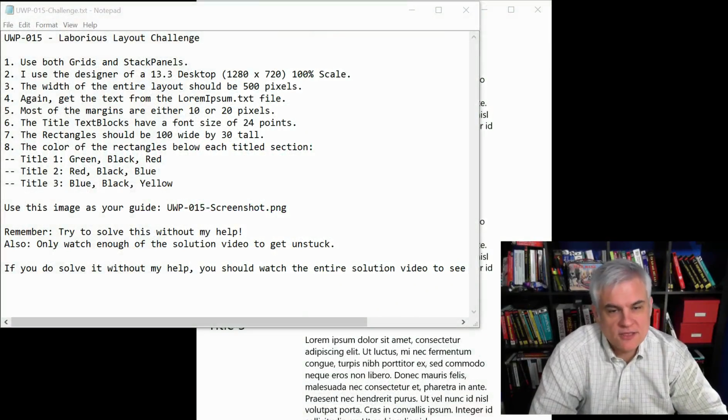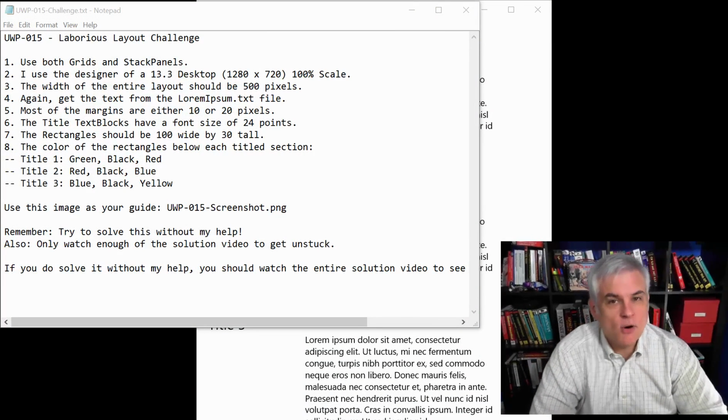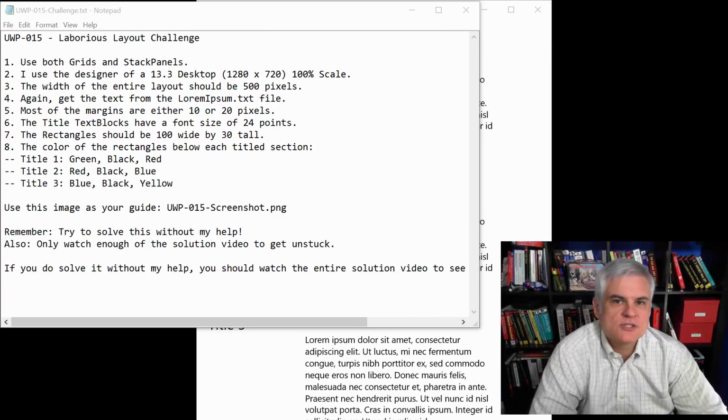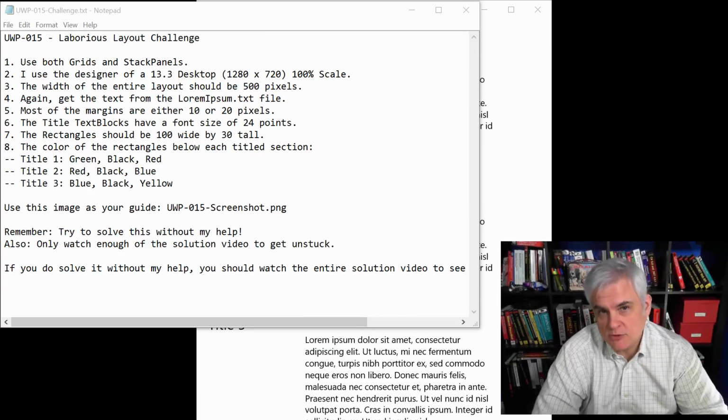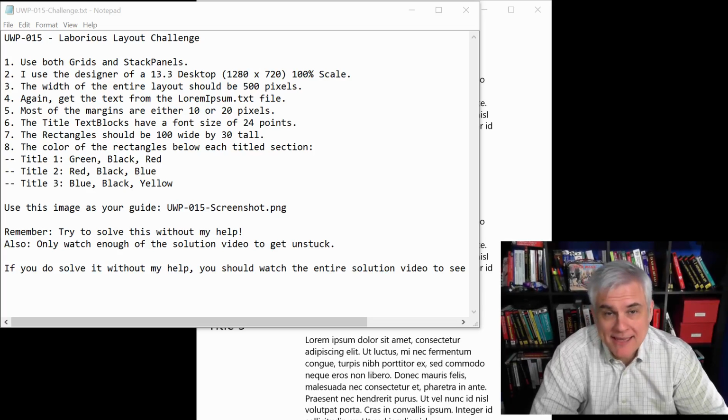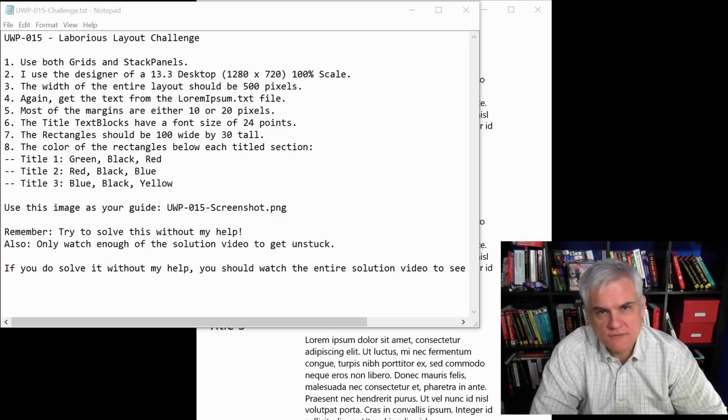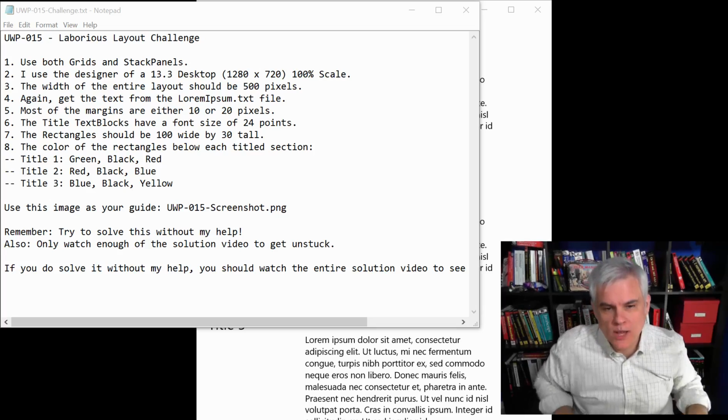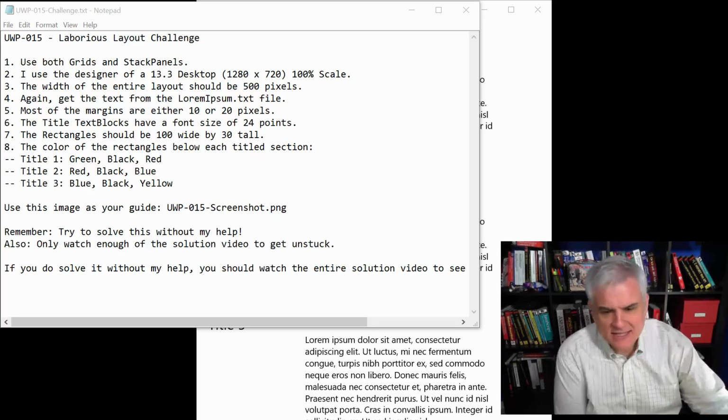www.learnvisualstudio.net, and I'm here with the third challenge, the Laborious Layout Challenge. This one's a little trickier because you're going to use both multiple grids and multiple stack panels, and there's probably a number of different ways to solve this, not just one way. But let's take a look at the